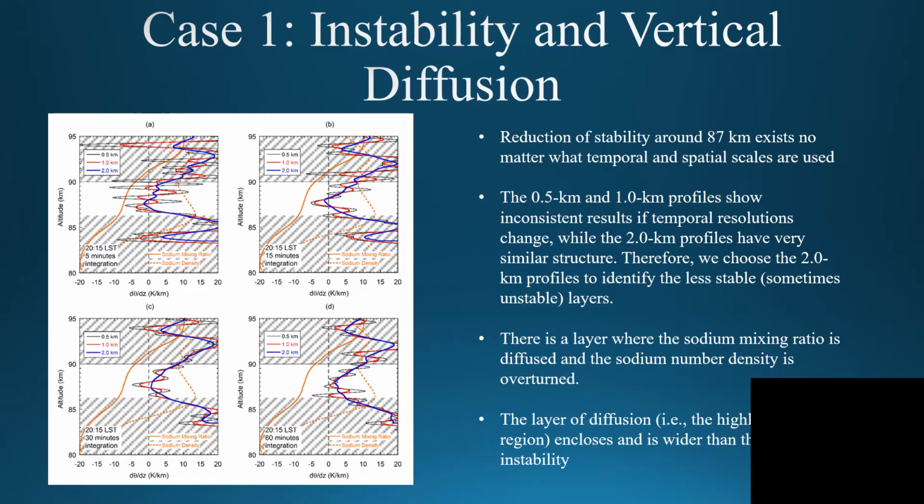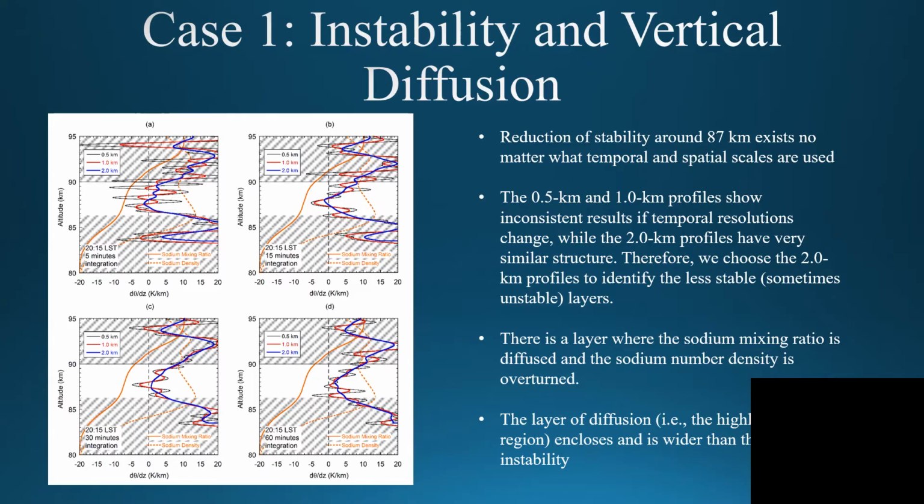Although the 0.5 km and 1 km profiles, which are the red and the black profiles in each plot, show inconsistent results if we vary the temporal resolution, the 2 km profile, which is the blue profile in each plot, shows very consistent structure. Therefore, in this study, we're going to choose the 2 km profiles to identify the less stable or sometimes unstable